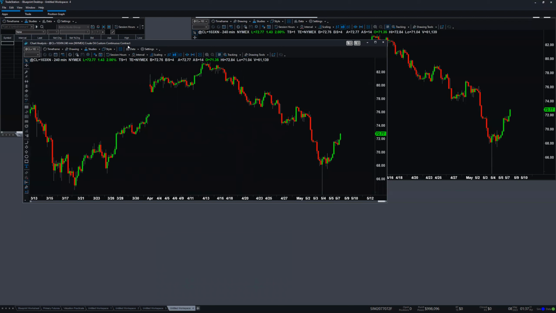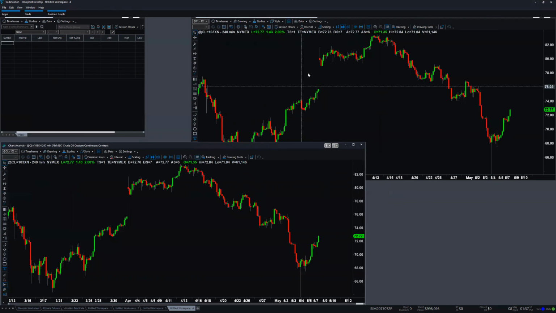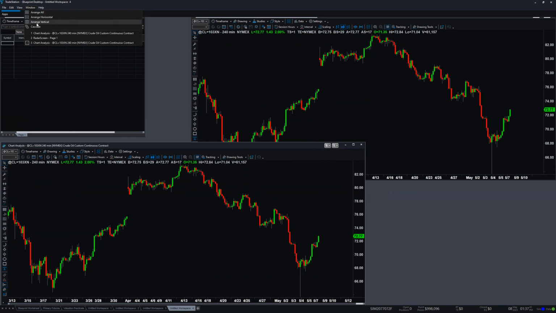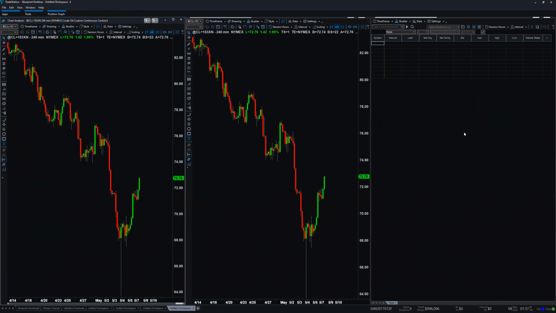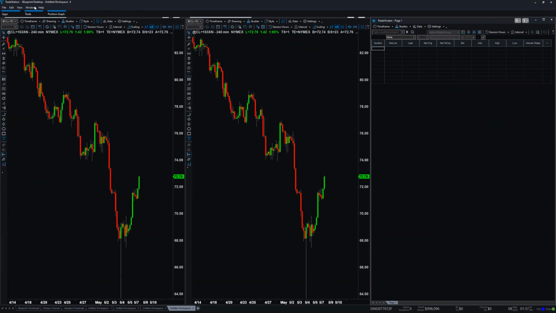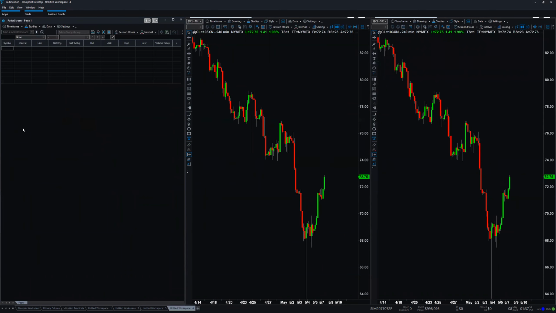So now you can again drag and drop and maximize or minimize, make it smaller, bigger, whatever you want to do to customize your window. There's an easy arrange all function right there. You can arrange horizontally under window, arrange vertically. You could cascade them, or you could just arrange them all to see what TradeStation is going to do. That's what TradeStation just did. I don't like it. I want this to be on the first. So I click on it. I go again, arrange all. Now it's moving to the first,